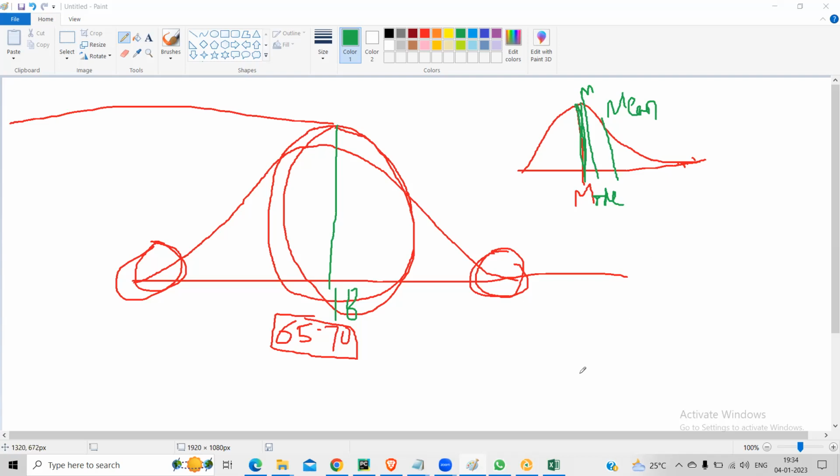According to me, it's mode, I guess. Why? Because if we talk about a school A, so many of the students got 70 marks, so we can say it's good, like most of the